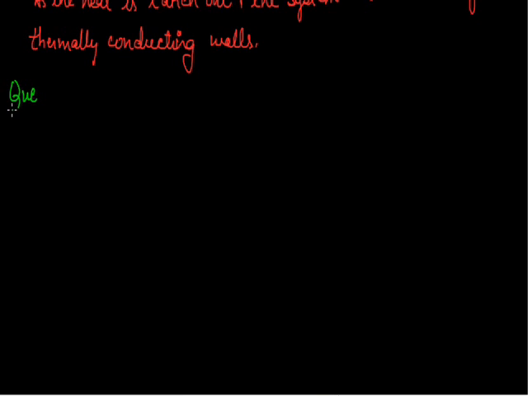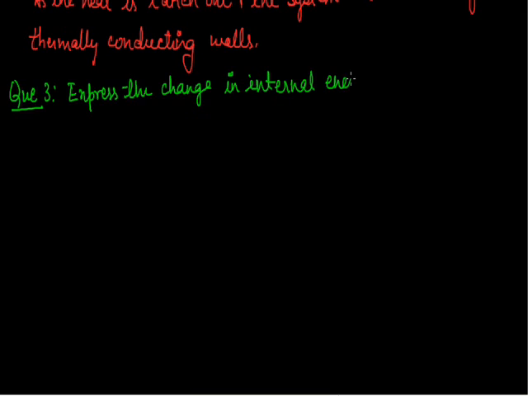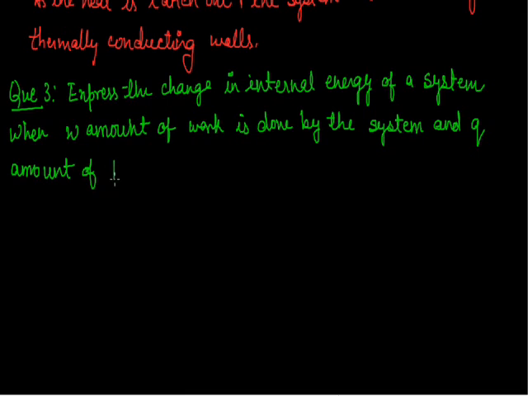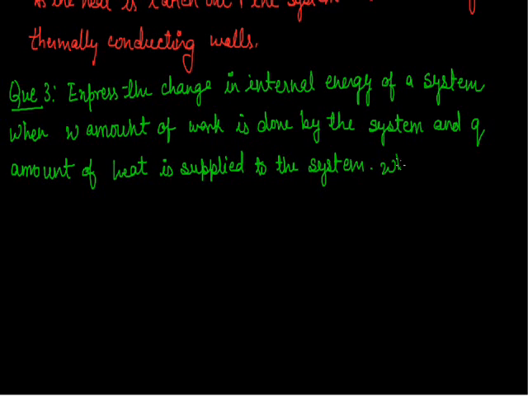So this is the solution for question number 2. And the next is question number 3. Express the change in internal energy of a system when W amount of work is done by the system and Q amount of heat is supplied to the system. What type of